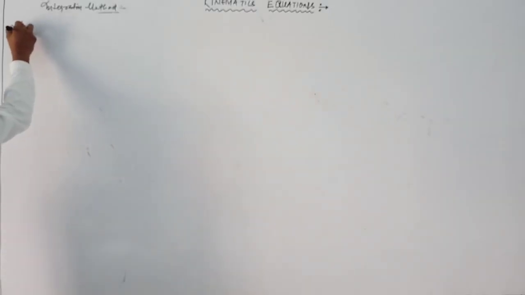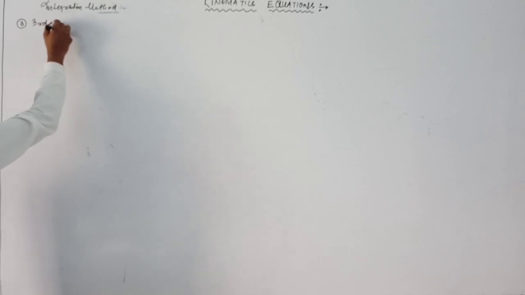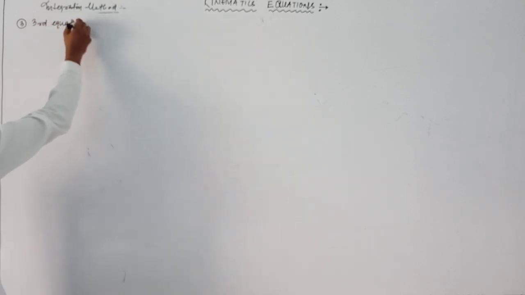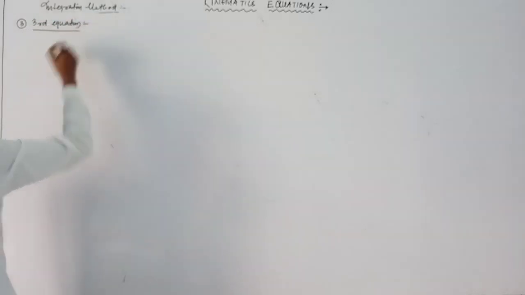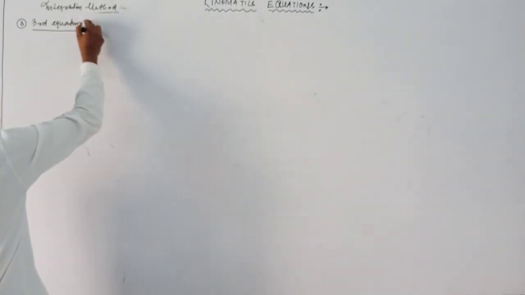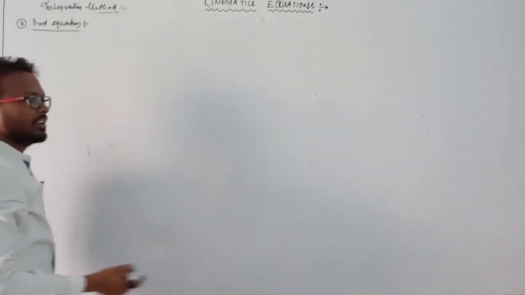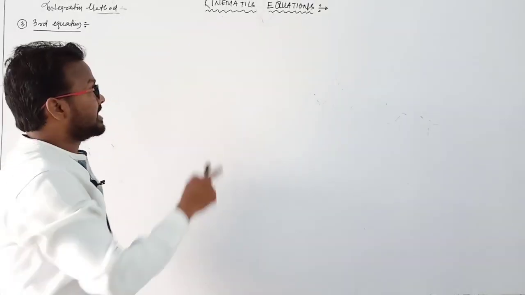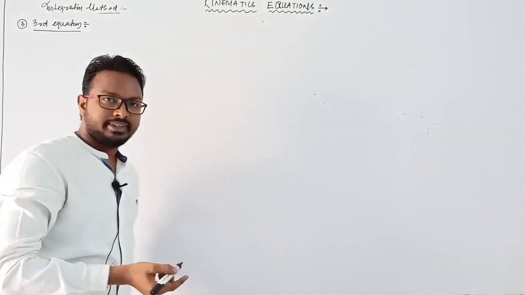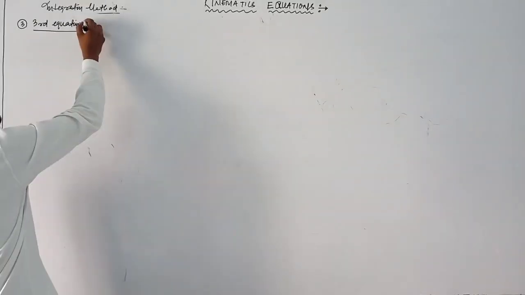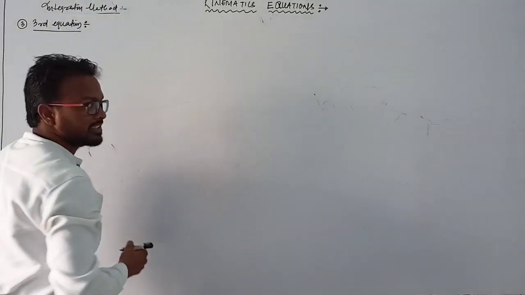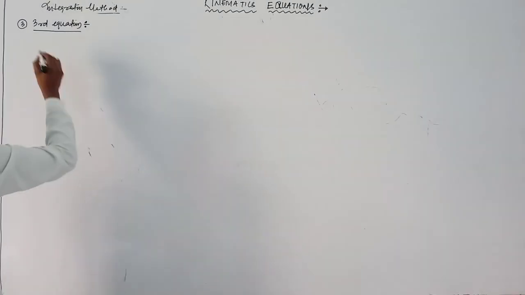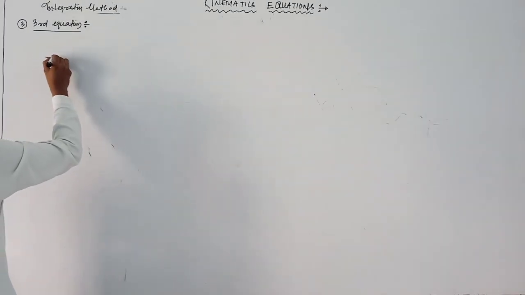Next, we start the third equation of kinematics, or the third equation of motion. Here, we have to find a relation between initial velocity, displacement, and acceleration or final velocity. Clear? Okay, so in this case, suppose in straight line motion,